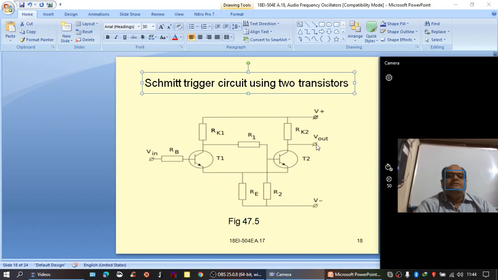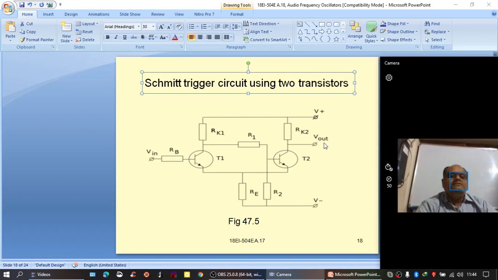So first this would be high. When this transistor conducts, it will come to low state and continues to remain low till the sinusoidal voltage here, in the second quarter of the positive half cycle, falls below a certain voltage level. In that case, once again the output will go high.